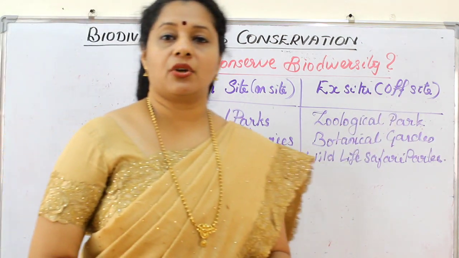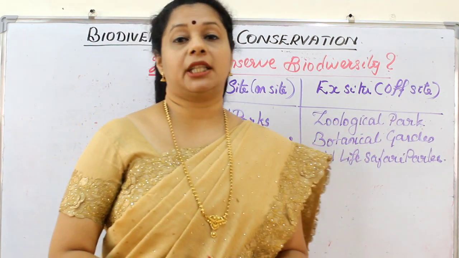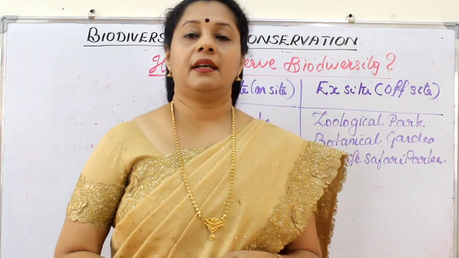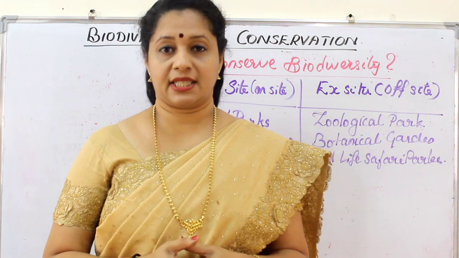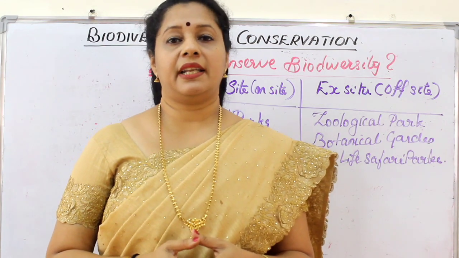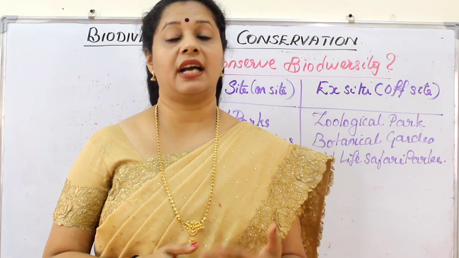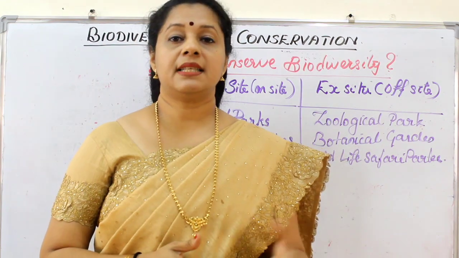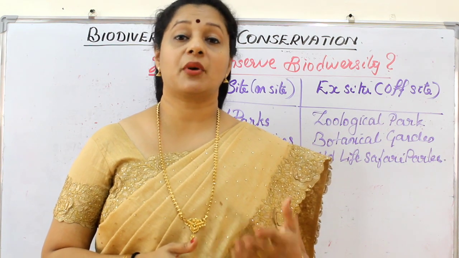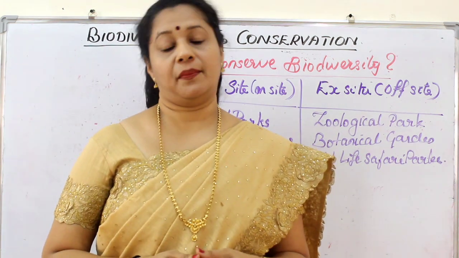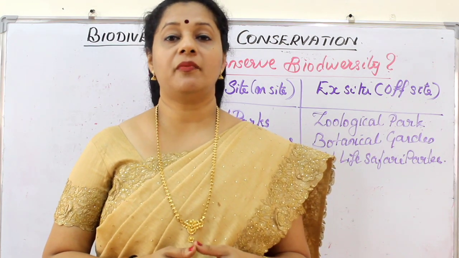In situ conservation, or on-site conservation, is the most effective method of protecting biodiversity. Here, a total ecosystem is protected through a network of many protected areas. Many biogeographical areas are protected with their biological diversity and also natural and cultural resources. In these areas, the biodiversity and natural and cultural resources are protected, managed and maintained well. There are 37,000 biosphere reserves all over the globe which are under protection.